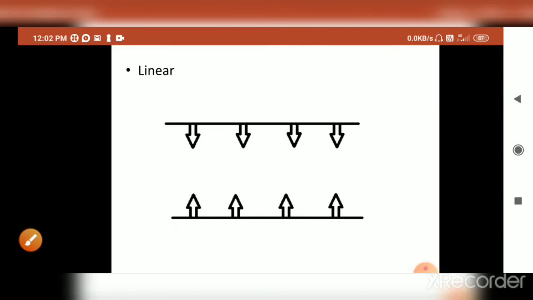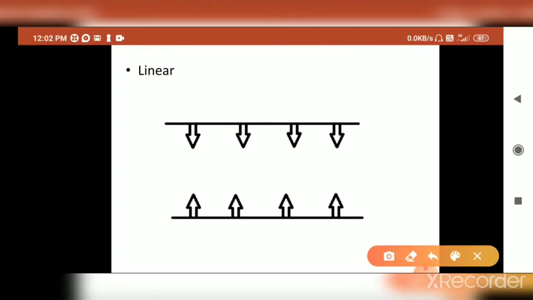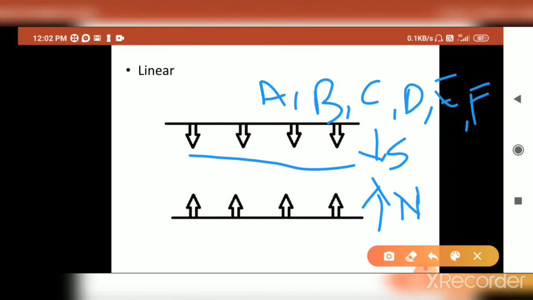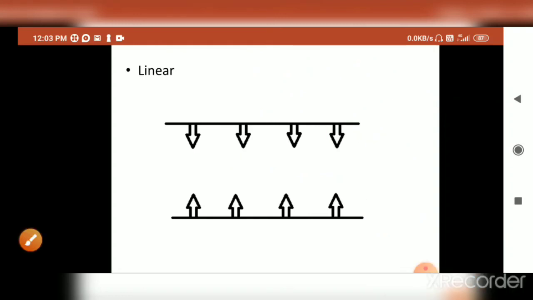In seating arrangements, there is a combination with other problems also, like blood relations. For example, A, B, C, D, E, F, six members are present in a family, and three of them are facing the south direction and the other three the north direction. That means it becomes a linear arrangement, and A is the mother of B and B is the mother of C, like that. That problem includes both blood relations and seating arrangements.